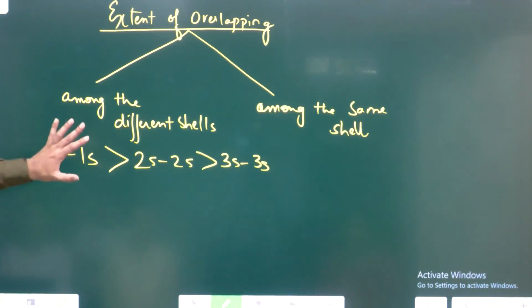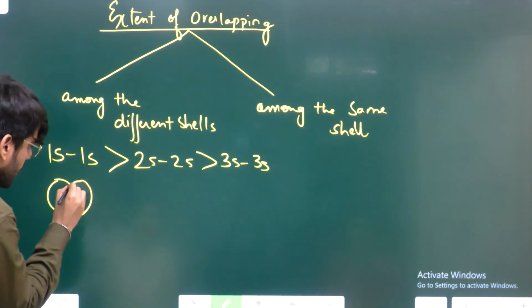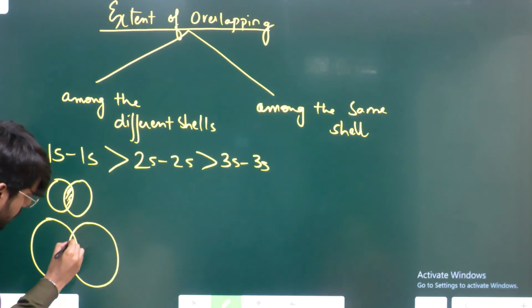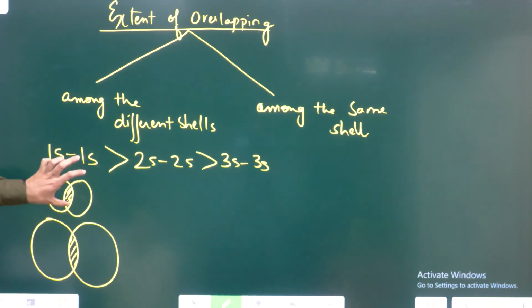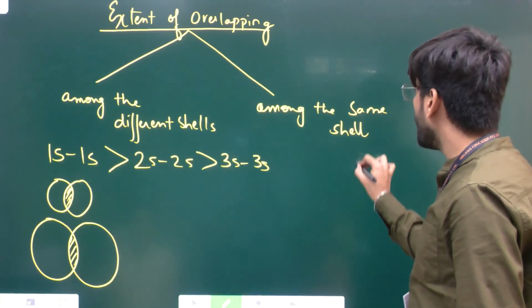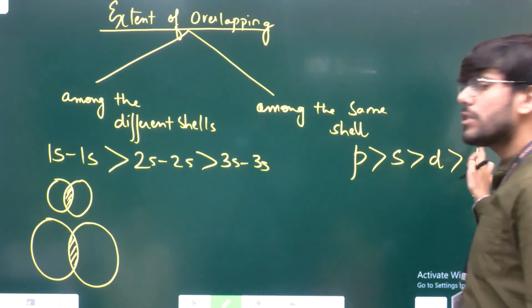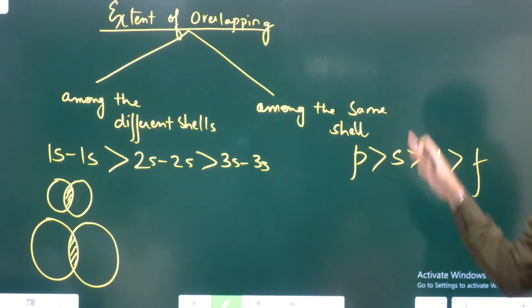तो साइज पे डिपेंड करता है, छोटा साइज बेटर ओवरलैप, क्योंकि देखो ना छोटे s हो गए तो ये एरिया सिग्निफिकेंट होगा, बड़े s हो गए तो ये वाला एरिया इतना सिग्निफिकेंट नहीं है ना। छोटे में ज्यादा इलेक्ट्रॉन डेंसिटी आ रही है तो 1s में ज्यादा अच्छी ओवरलैपिंग है, देन 2s और 3s में। और अगर among the same shell है तो सबसे ज्यादा P में होगा, देन S में, देन D में, देन F। इनमें तो समझ आ रहा है क्योंकि डिफ्यूज नेचर है, मैंने बताया था काफी खाली स्पेस है, इलेक्ट्रॉन डेंसिटी बहुत डिफ्यूज्ड है,